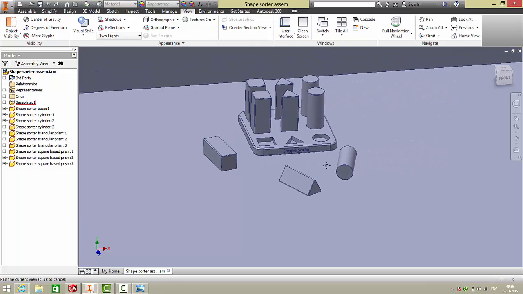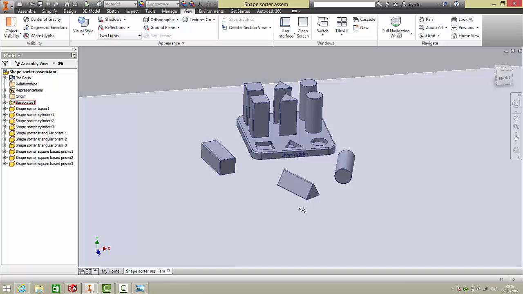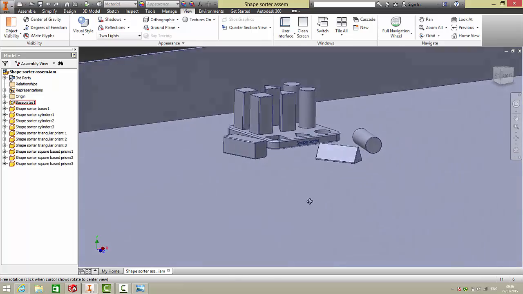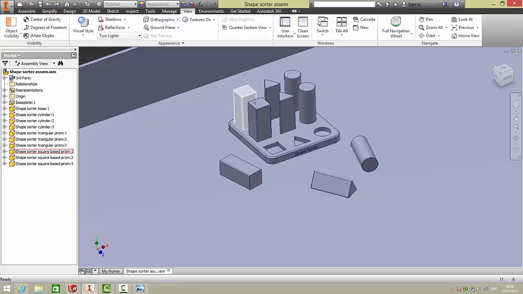So in this video we're going to talk about taking parts and assemblies from Inventor and on into SolidWorks, where we can get some really nice renders of them. So here's something that has been drawn in Inventor. It's just a simple shape sorter exercise. Now I chose this because it's got lots of different pieces, so we can apply different materials and different colors